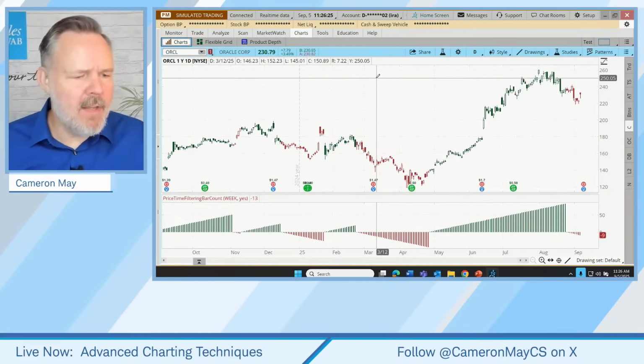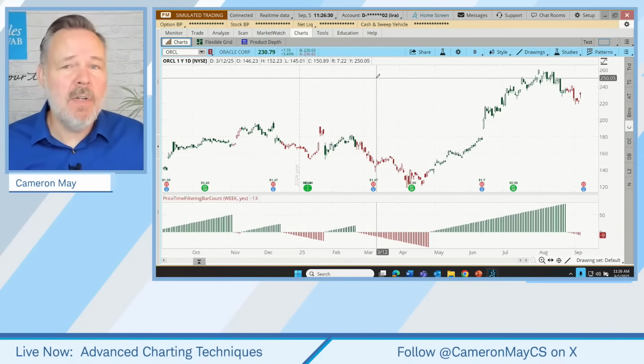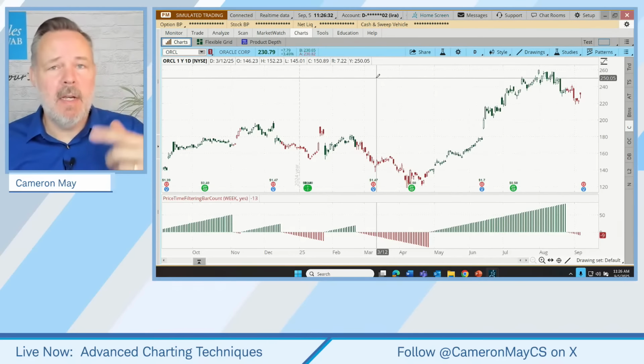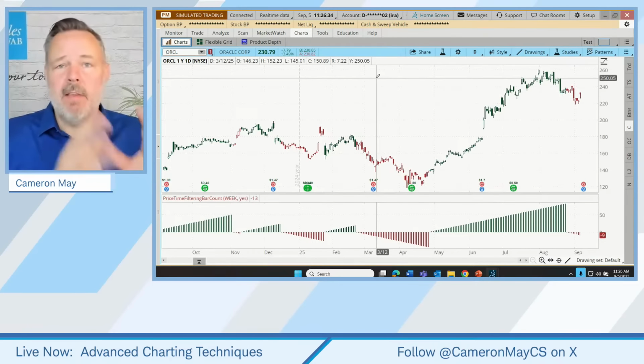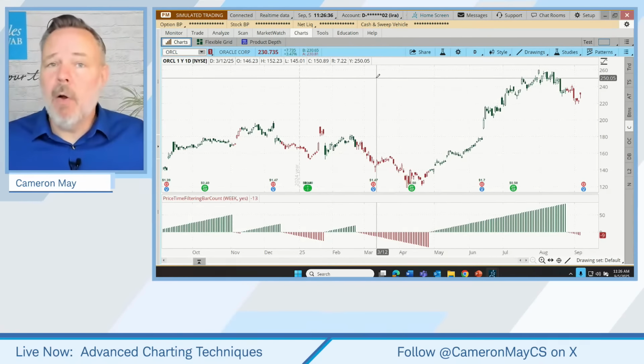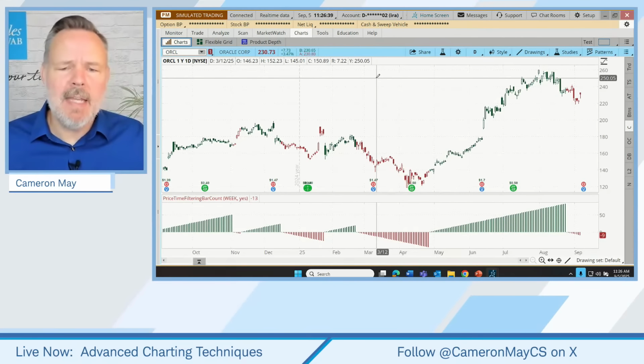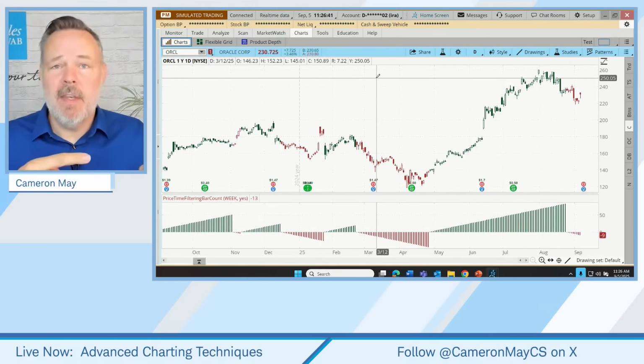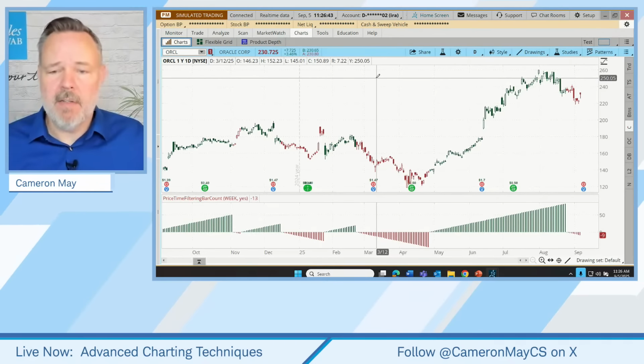John says, is there a way to filter and look for stocks that have just changed one way or the other? Yes, John, we could do a scan where we go in and build a custom study filter and say we want the study to have recently crossed above 0. That would be a typical scan. I'm not going to be doing that today. I did that last week with a different indicator, but it would be very similar.